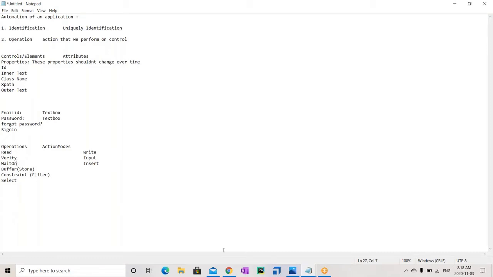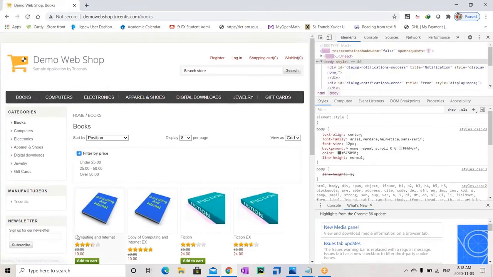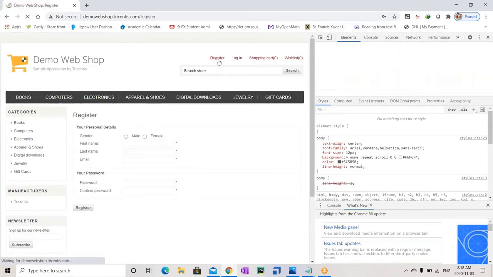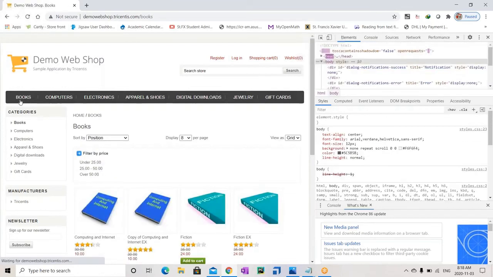Similarly, when I say wait on, it will wait until that particular button is loaded. For example, when I'm switching between web pages, from the register screen I'm going to books. If I mention wait on this button, and I'm in the register screen, then when I click on books, it will wait until this web page gets loaded and until it can see whether this particular element is visible or not.